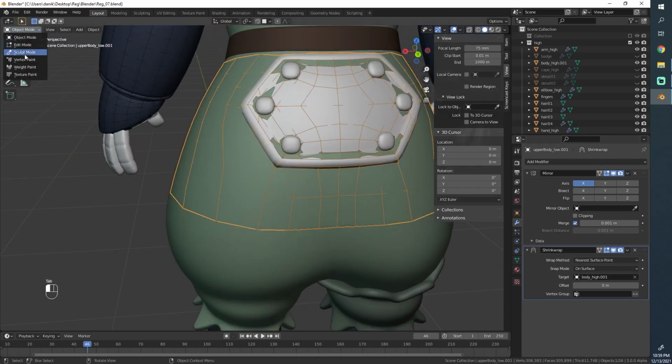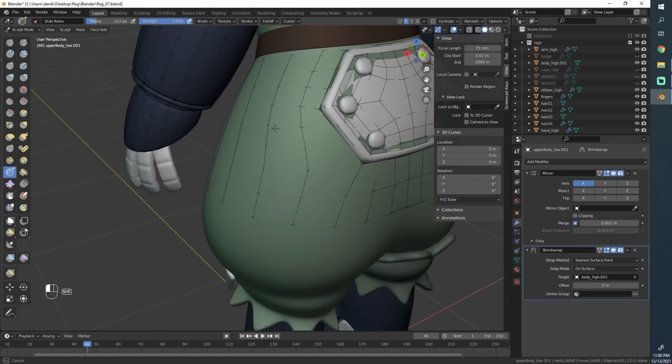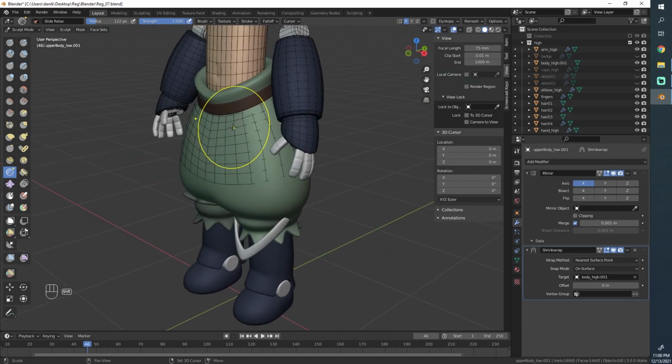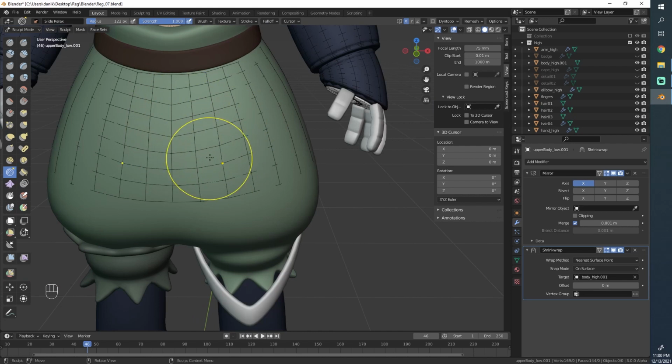Now we still have a few more areas here to smooth out. All these surrounding parts were affected, and we now have more loops where we didn't have any before. This kind of part is also one where you can only do it once you have applied the mirror modifier. Otherwise it doesn't let you really do it.